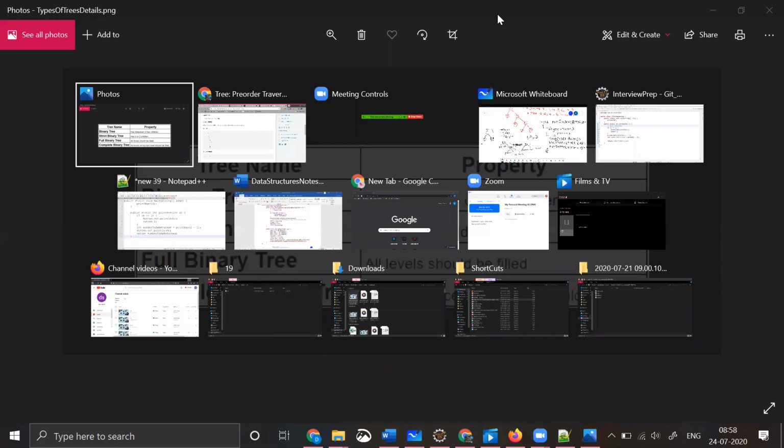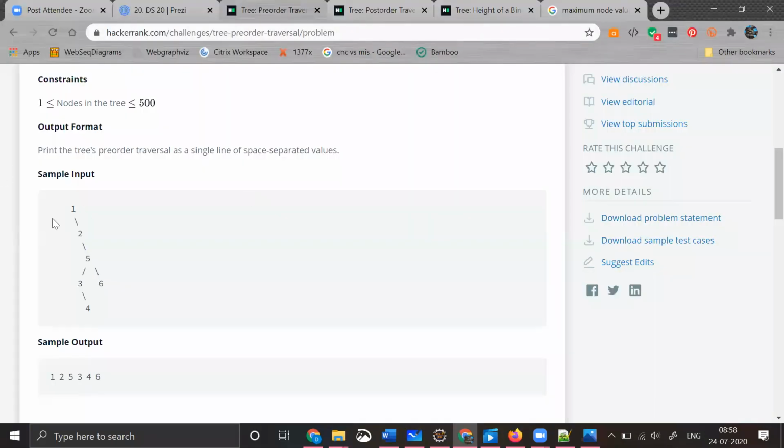Let's try to take the same example here. What it says, every node, you take any node 1 2 3 5 3 6 or whatever, it has a maximum of two children, right? Either 0 or 1 or 2. So it should become a binary tree. Okay, guys, no problem in this, right? No problem in this, right? Okay. So this is how a binary tree is given to us.